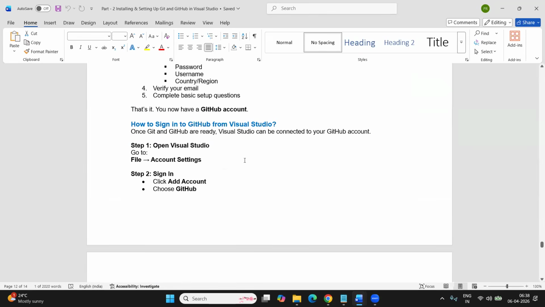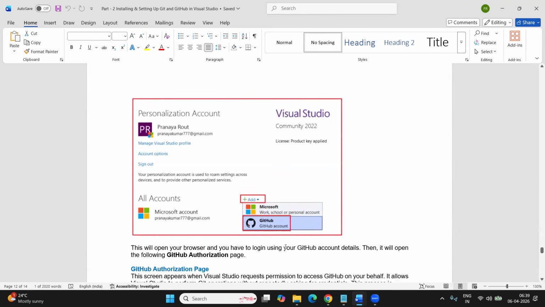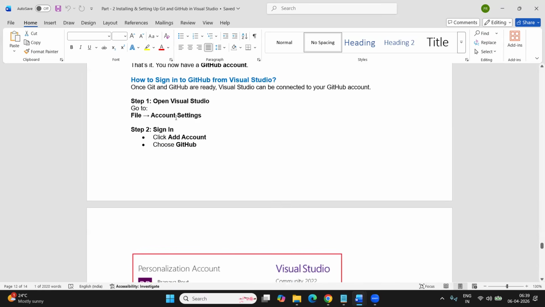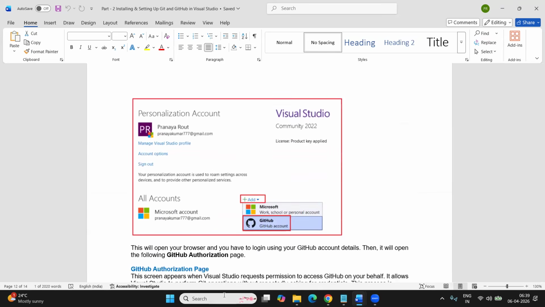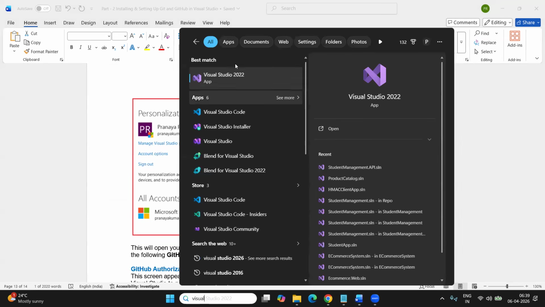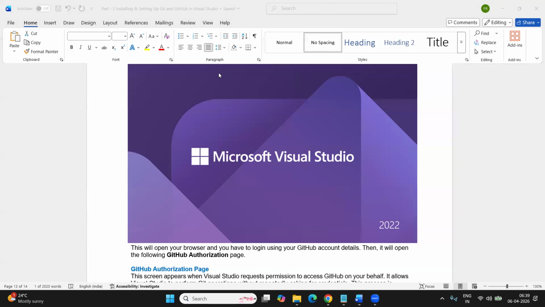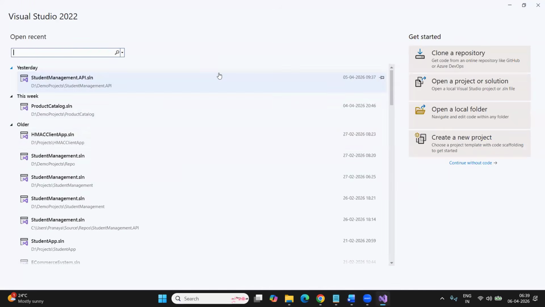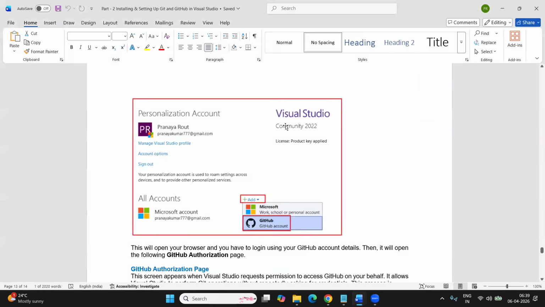Once you create the GitHub account, then you can sign in to GitHub from Visual Studio. It's very easy. From Visual Studio, you can go to the account settings and then add your account. For example, I have already signed in to my GitHub from my Visual Studio so that I can directly post the changes. Suppose this is one project I created. So here you can see,